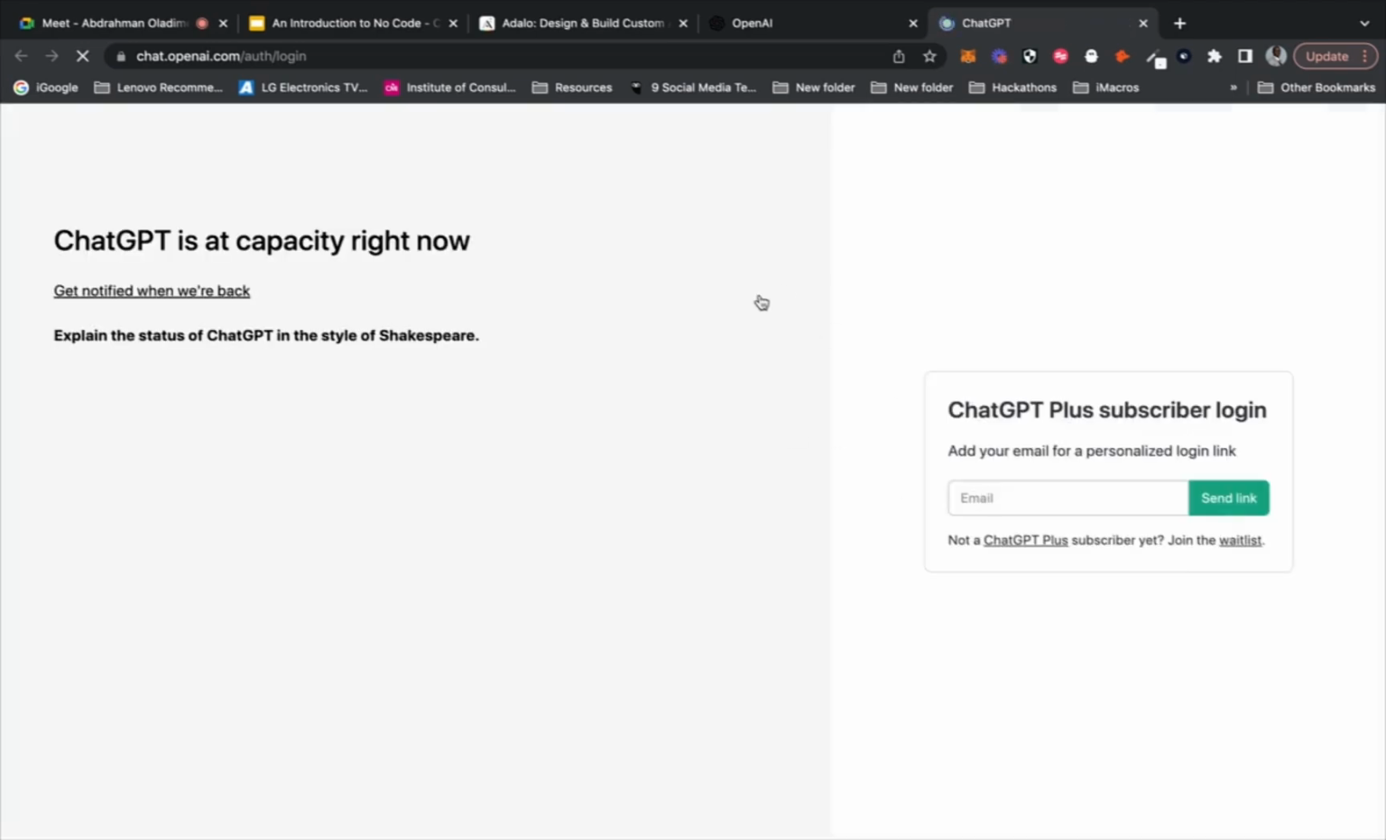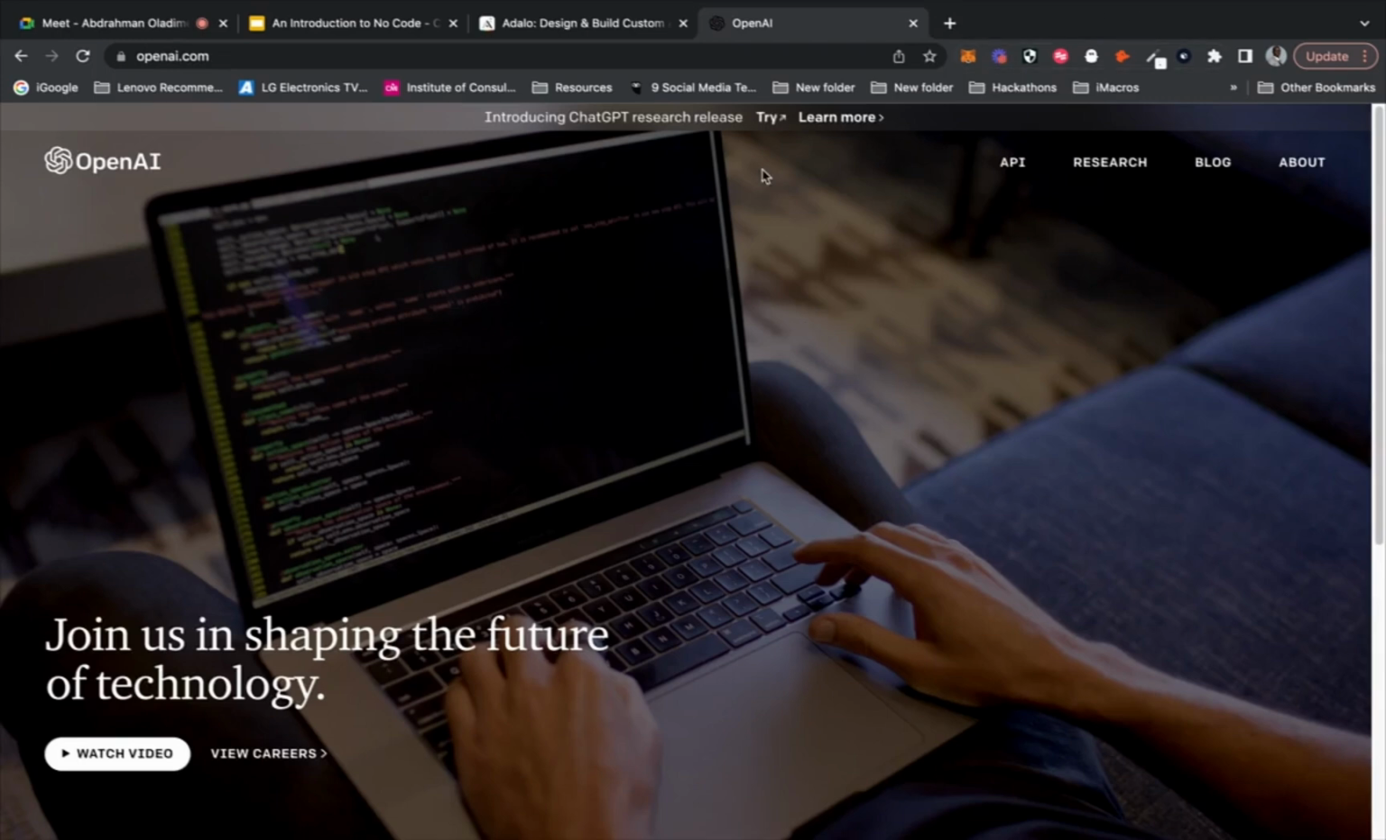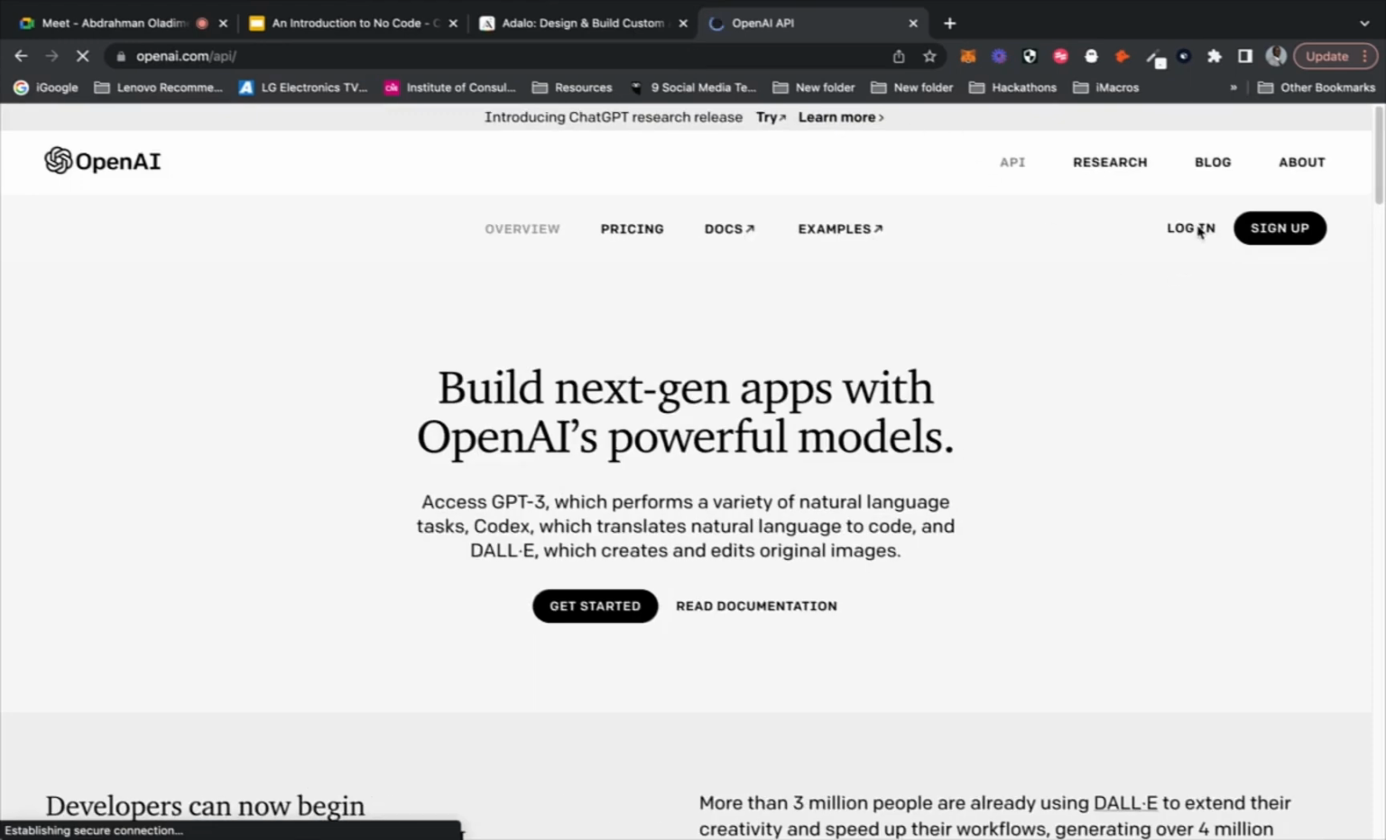ChatGPT is a conversational interface for OpenAI's technology, and it allows you to ask questions and get answers. So if I log in and show you, oh, it's at capacity right now. So that won't actually work showing you that because it's at capacity. But I will be able to show you via the backend, via the API. If I log in,